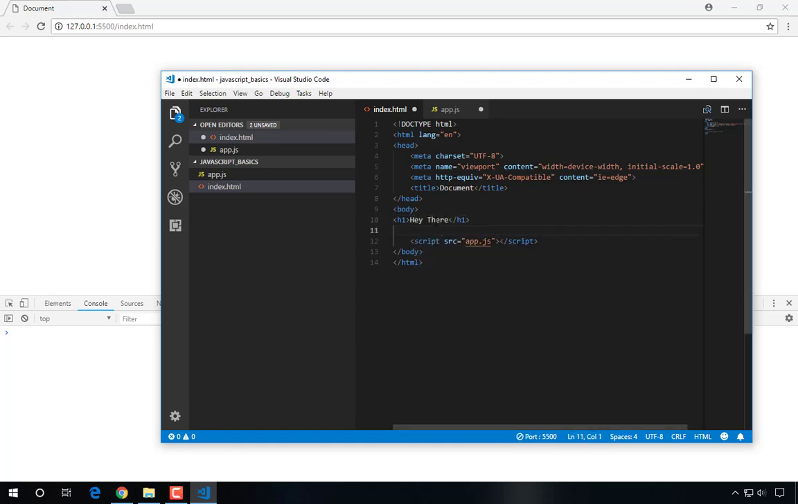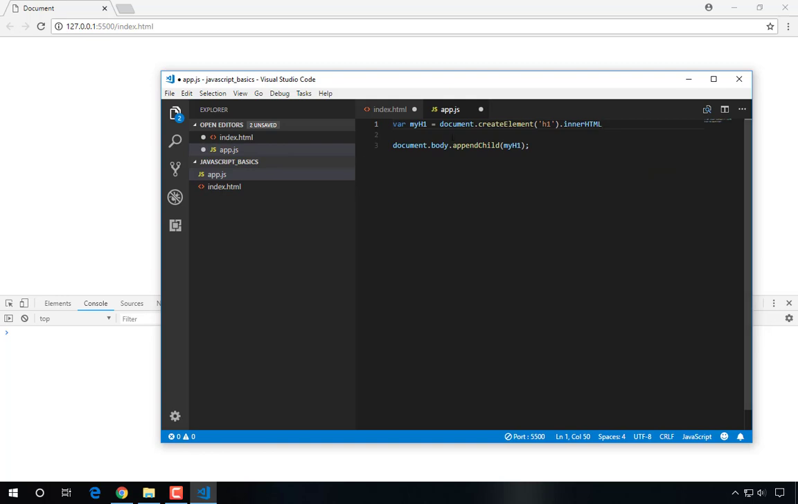Hey there, this text between the h1 tags is considered the inner HTML, because it's inside the inner tags. So we want this value here, right? What we're saying is document.createElement, so we're creating an h1 tag, and here's the HTML we want inside of it. So I'm going to say innerHTML equals,